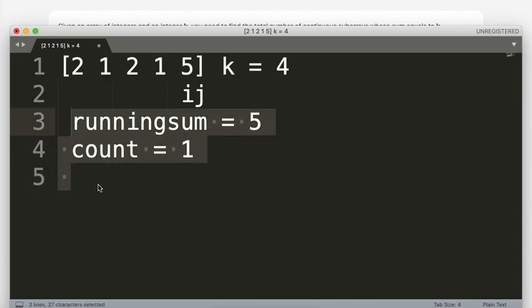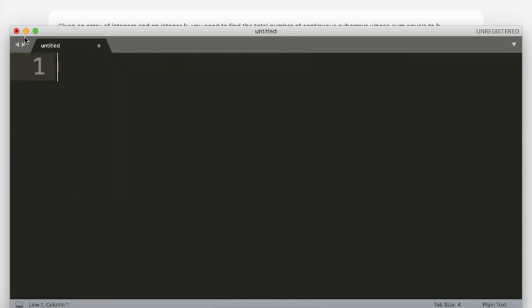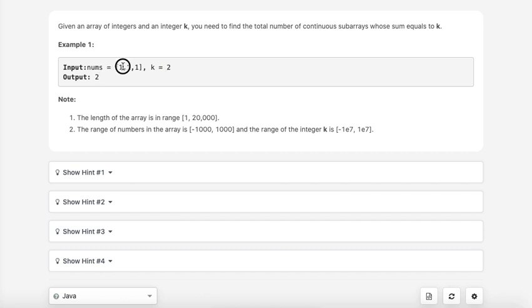But this only works for positive integers. When negative integers are jumbled in between, this method won't hold good. And if you see the range of the numbers in this problem, it is from -1000 to 1000. So it may include negative numbers in between, so we can't use this approach.